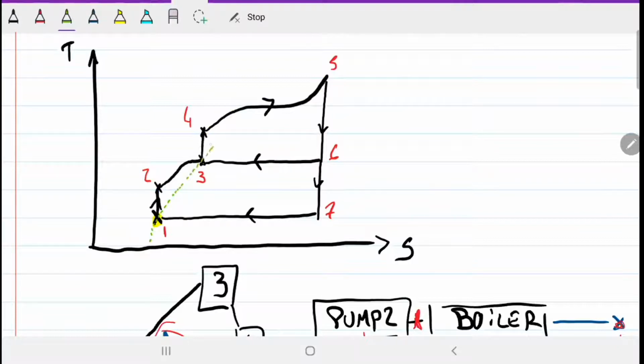The problem is also saying, if you guys recall, that steam is extracted from the turbine at 0.4 megapascals, and water leaves the feed water heater as a saturated liquid. So this is a feed water heater, and then it's leaving and reaching 3. So 3 also has to be a saturated liquid. So our dome goes like that, and then hopefully this number 5 is going to be outside the dome